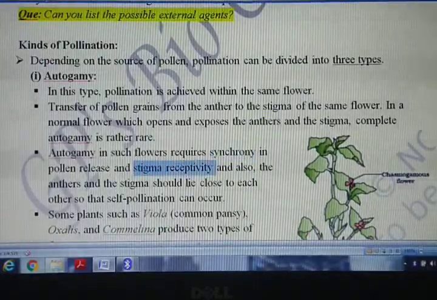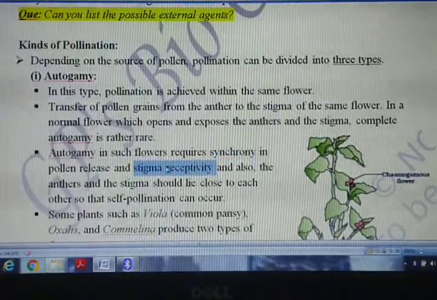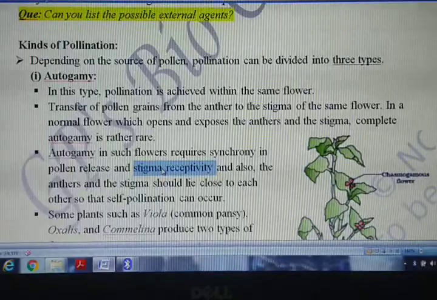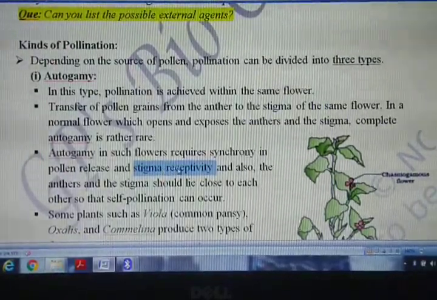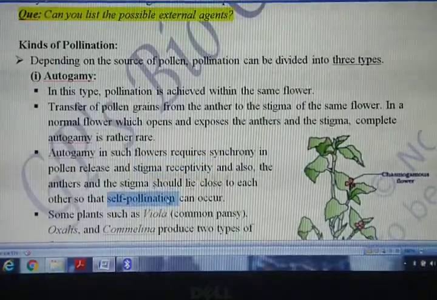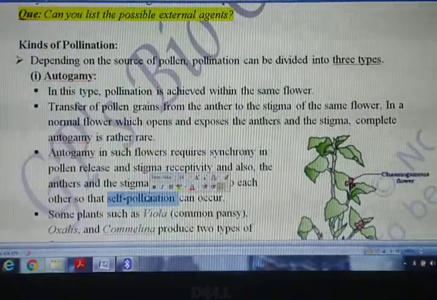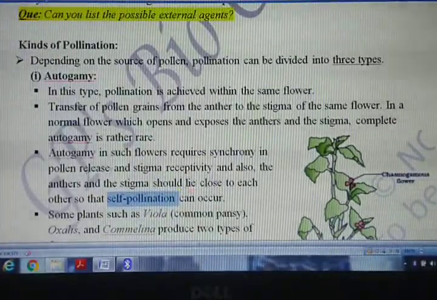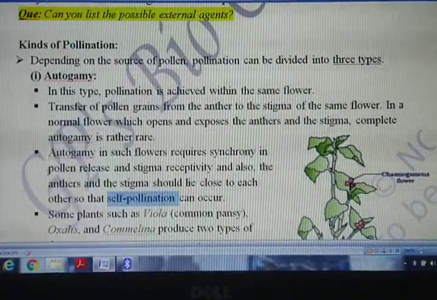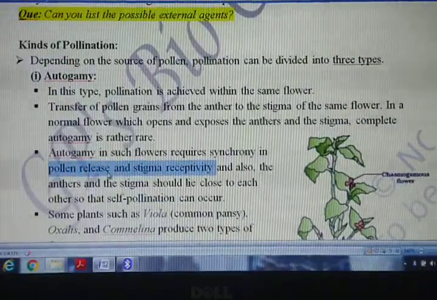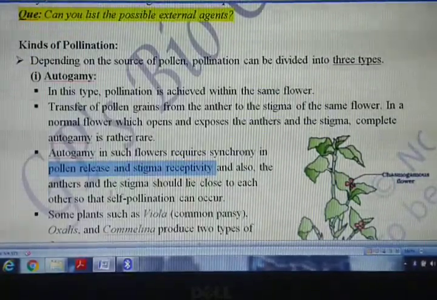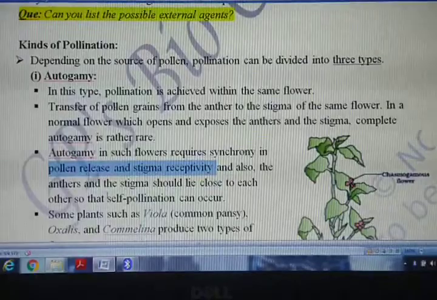As a result of that, the stigma is the receptive part. So stigma can receive the pollen grain and help in further process for fertilization, meaning to effect self pollination. First of all, pollination has to be done, and then later on fertilization has to take place. Now here what happens, both of these, once again, pollen grain released from the anther and stigma should be receptive at the same time, so that this self pollination and then later on